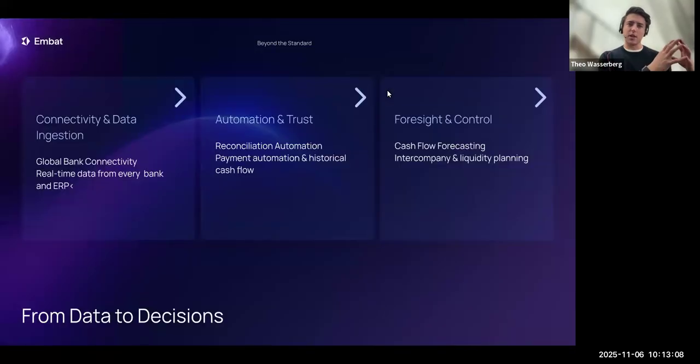First thing is that connectivity and the data ingestion. That's the first thing we solved for. Everything else flows out of that. You get the data in and you can get it in the right format. You can really start to manipulate it and do clever things. Then I was talking about that tooling and AI. That's really about reconciliation that can be well up into the 95% plus automated matching. And then all of that data can be pushed through into cash flow forecasting, into your liquidity planning, you know, as necessary.